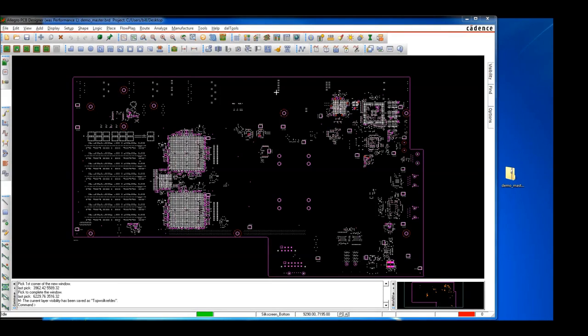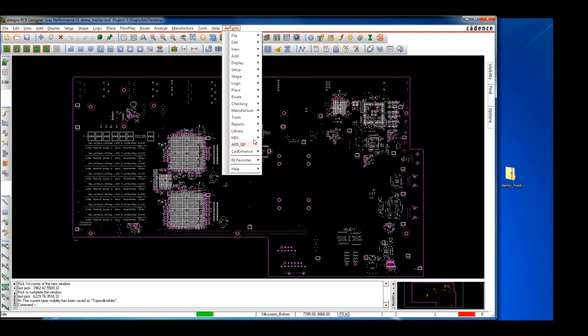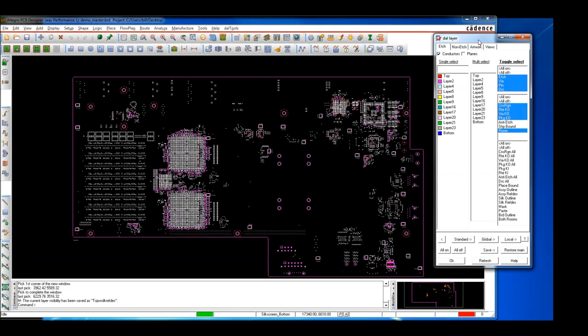Let's look at the DalLayer tool now. We start with DAL Tools, EE Favorites, Layer, and we pop it up here. It's got four main tabs: Etch, Non-Etch, Artwork, and Views. We're going to focus today mainly on the Etch and Artwork tabs, which are more geared towards the engineer and